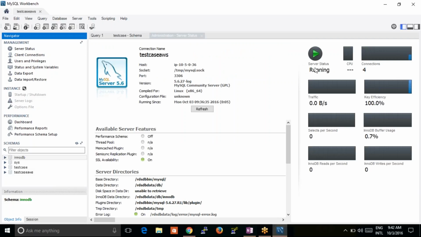Right now the server is working and it has 4 connections like this. How many users and everything, performance and everything we can see from this dashboard by using this client-side application. We can write queries, we can create tables, we can create schemas. So this is something database